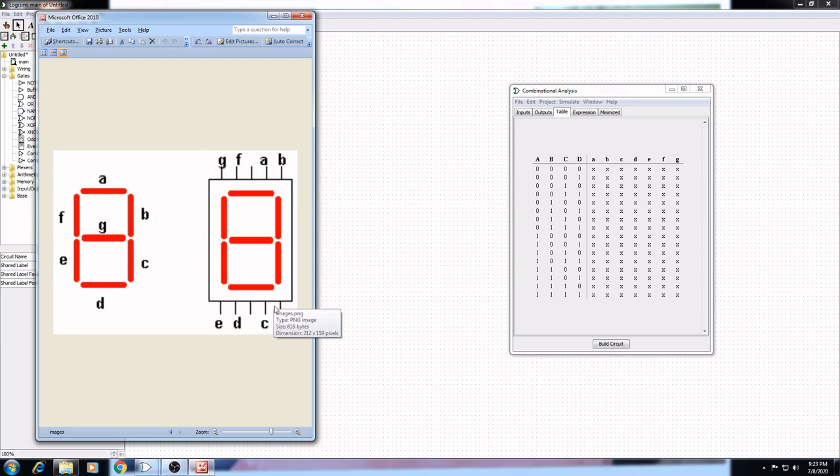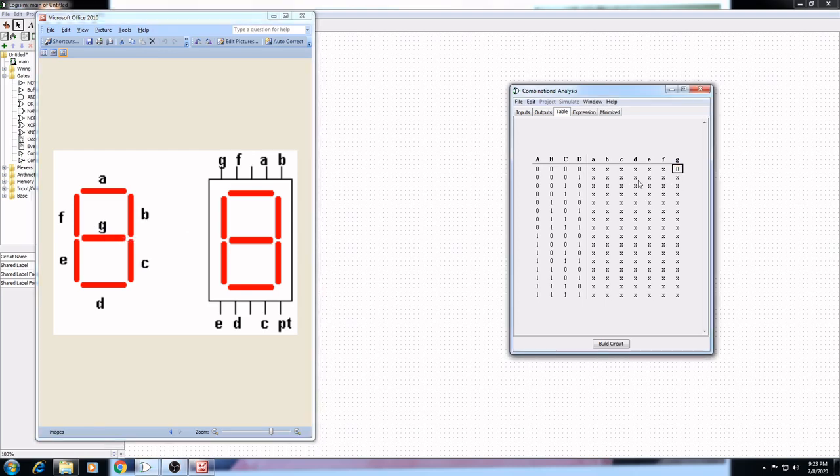and this is the pin diagram. We will see later how we can connect all the outputs of a particular circuit to this 7 segment display input. Okay, so A is what? It will be set or reset. When we want 0, only G is not set. So we make it 0 and all others 1. You just have to click on this output, so you can easily change the values.